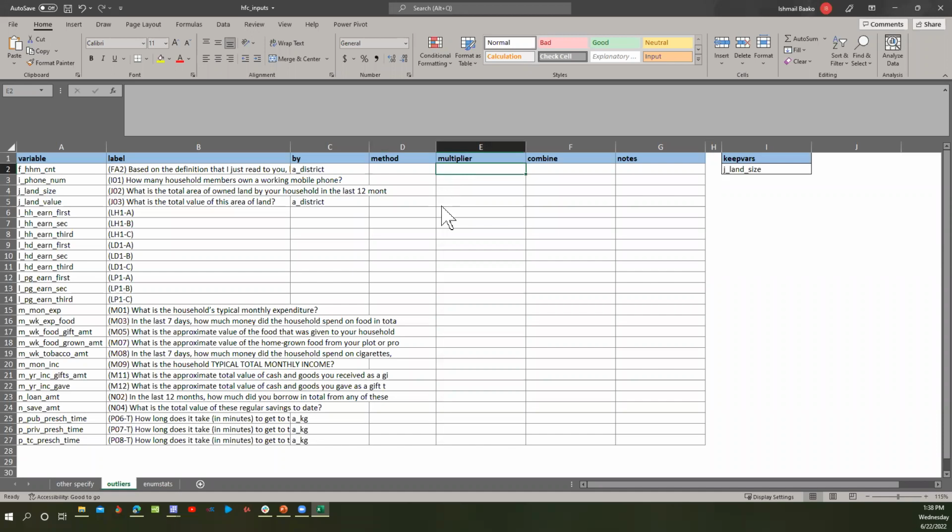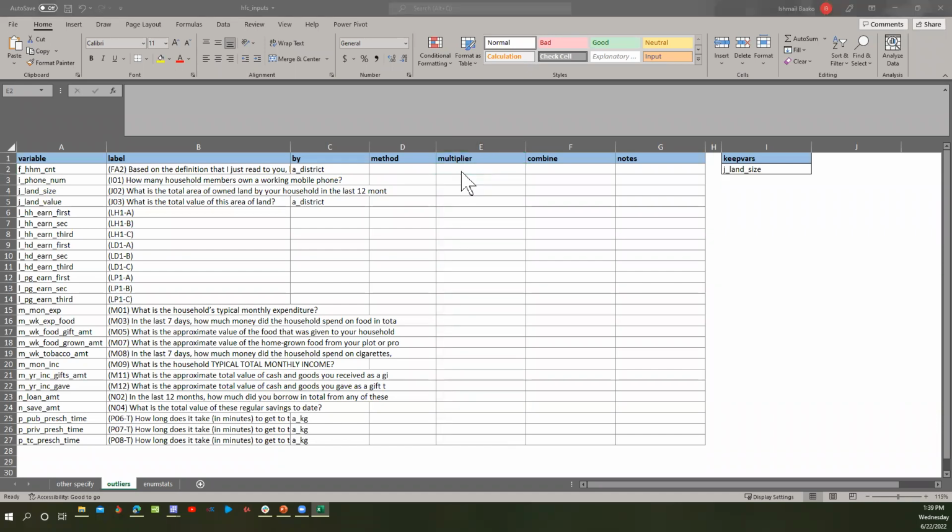Then there's a multiplier column, which basically indicates what multiplier you want to use with your method. The default is to use a multiplier of 1.5 for interquartile range, and 3 for standard deviation.